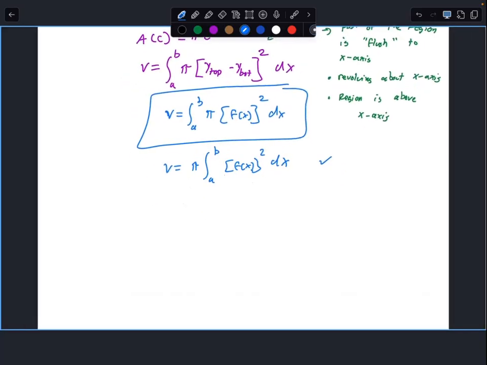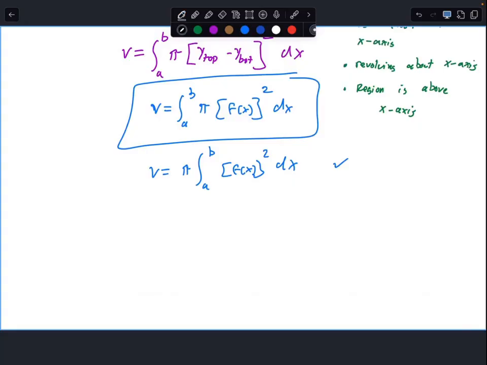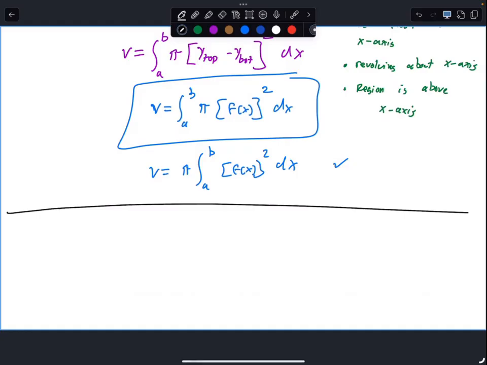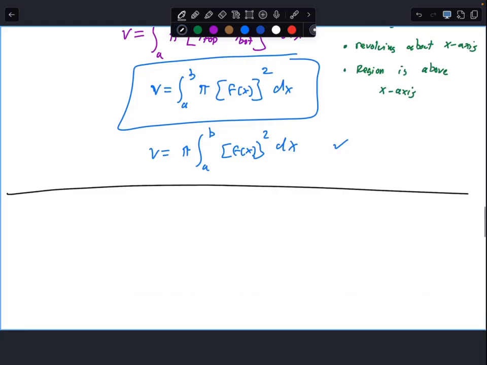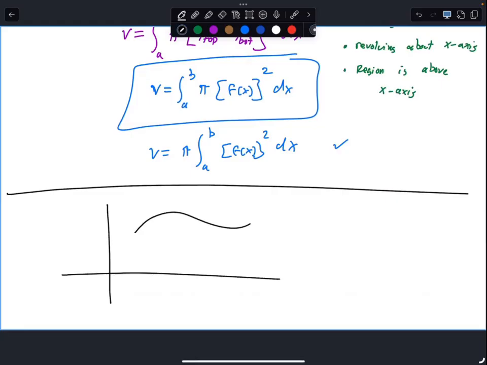So what about all the other scenarios? That's what we're going to go on to before we break. We'll cover that real quickly. So what happens when we don't have a constant for the other function, or it's not 0, it's not the x-axis, all of these different scenarios? So let's look at this example right here. We have y equals f of x. We have y equals g of x, and we are going from the region from a